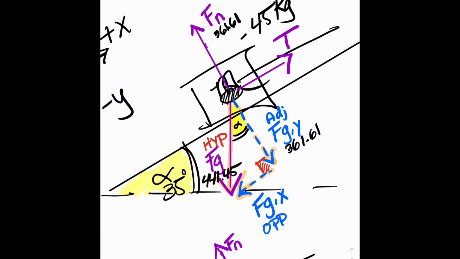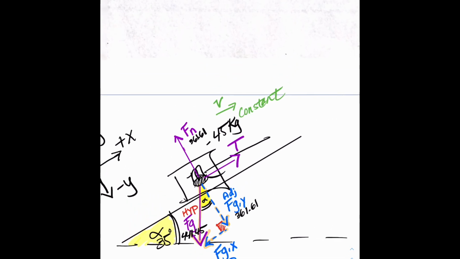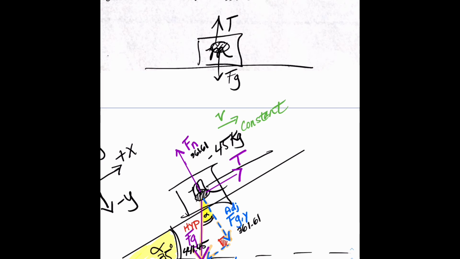The gravitational force is now directed straight down, and the normal force only does as much force as it has to do, right? And FG of y, which pushes downward in the new y, is 361.61, so the plane only pushes back up with 361.61. It doesn't push down at 441.45 like it would if the mass or the plane was just sitting here like this, right? If it was just sitting here like I'm drawing, then FG and FN would be equal and opposite, and they would both equal